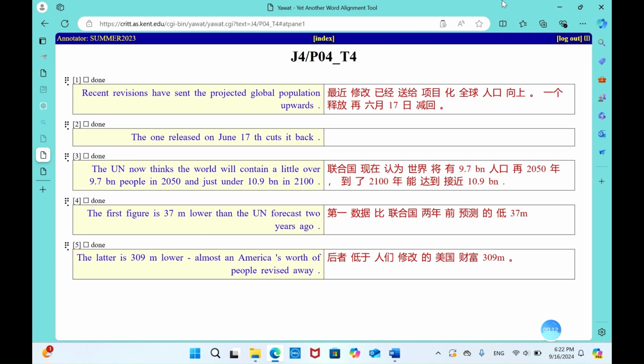Today I would like to talk about how to fix a segment level alignment problem in YAWAT. Just take this project as an example. We can see that there is no translation for the second segment. However, after a closer look, we found that its translation should be the part from 一个 to the period,